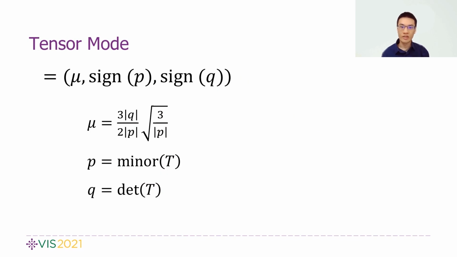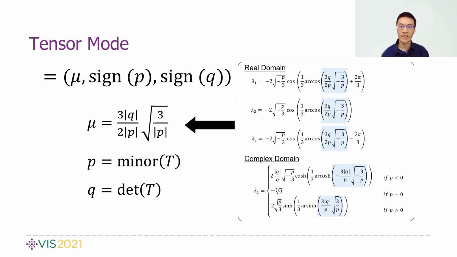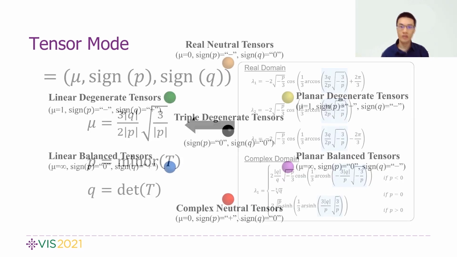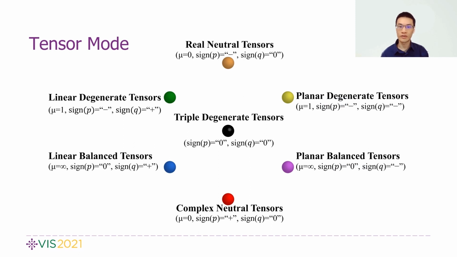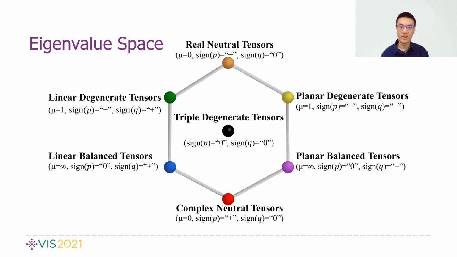Next, a tensor mode is an invariant for the tensor fields and intricately connected to the topology of the fields. We define the mode for 3D asymmetric tensors with the mu, motivated by the formula for the eigenvalues of the tensor. Note the spatial tensors that we have defined earlier have unique tensor modes. Therefore, the tensor mode allows us to construct a model for all 3D asymmetric tensors, which we refer to as the